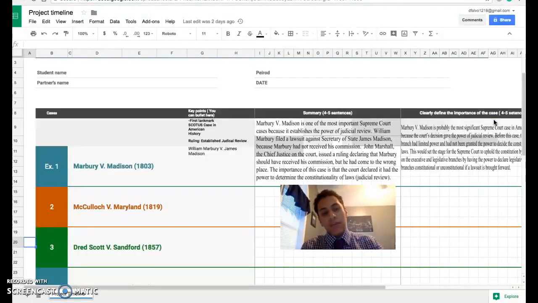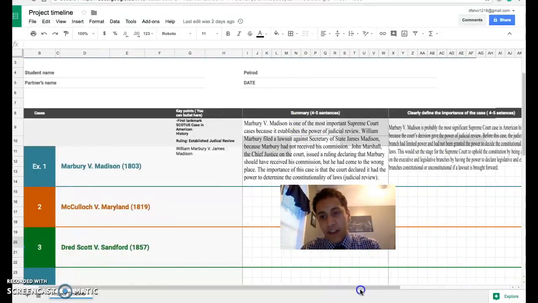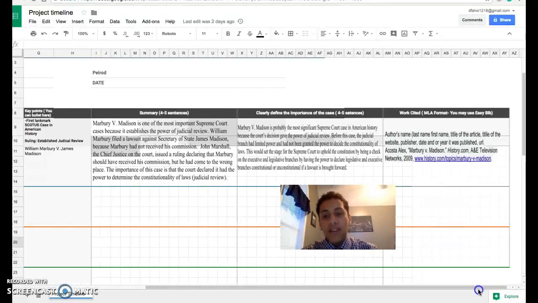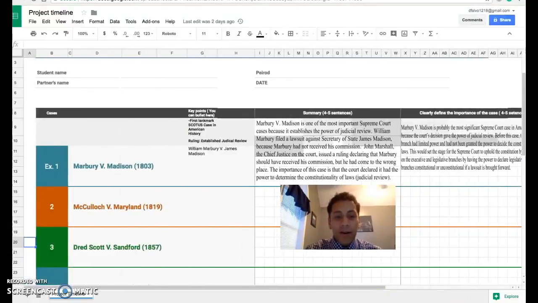You're going to work with a partner and write a 4 to 5 sentence summary of the case. And then you are going to clearly define the importance of the case. And then you are going to complete a works cited, making sure that you found your information from a credible source. I did the first one for you, and Marbury versus Madison is a case that I'll discuss in the